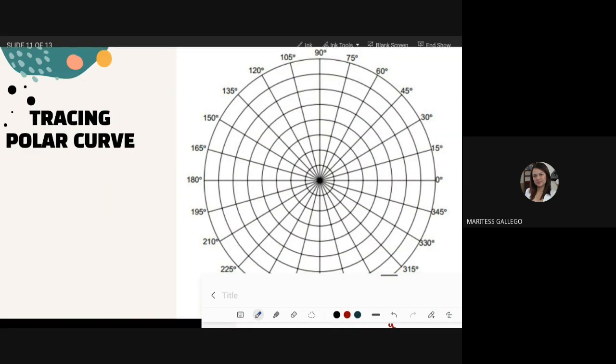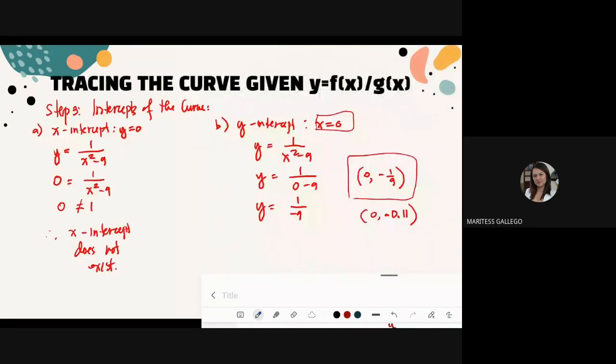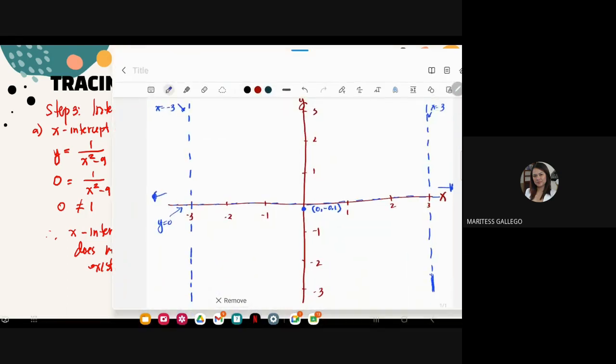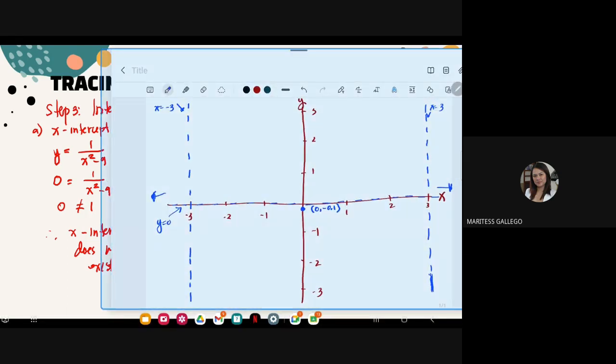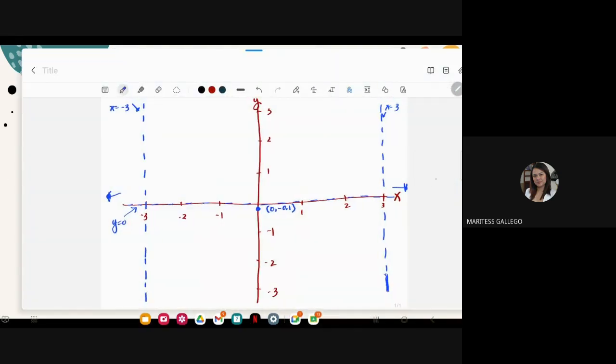Color na pala yun. Na naging space. Dito na lang. Ito ang gamitin natin. Okay. I want you to